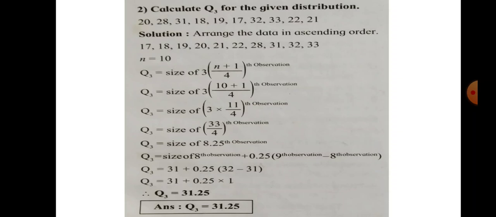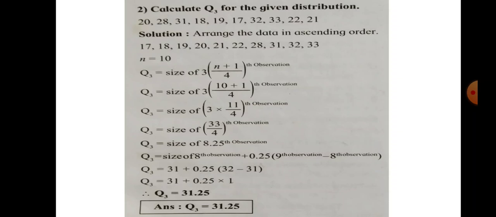Now what is the 9th observation here? That is 32, minus 8th observation, that is 31, bracket close. So Q3 is equal to 31 plus 0.25 into 1. And what is the final answer? So Q3 is equal to